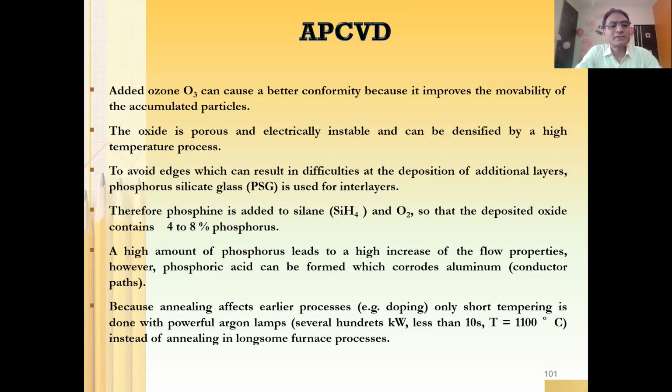The oxide is porous and electrically unstable, and that can be densified by a high temperature process. Because ultimately, as I told you earlier, APCVD is being used to deposit the SiO2 layer,